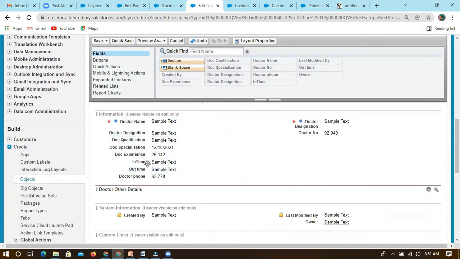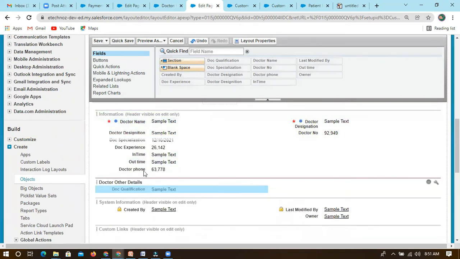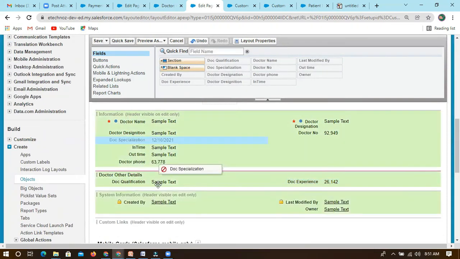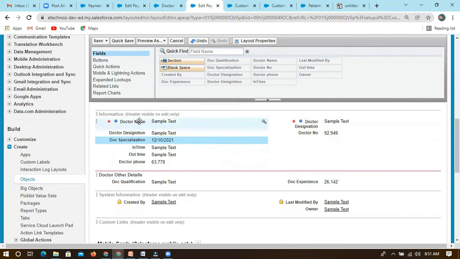Here I want to drag all these. Designation is fine. Qualification I want to put here, and experience here. Specialization I want only in the main information, which is required. And for timings, I can put something.